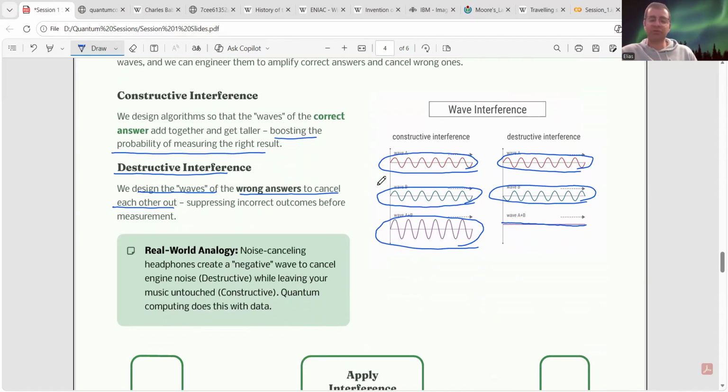You can think about it actually. Here I have an analogy. Think about it like noise canceling headphones. It's supposed to remove the noise that is unwanted, but at the same time is supposed to boost the noise that is wanted, which is the music that, for example, you're listening to. So this works the same: it is trying to do the destruction of the bad noise and do the boosting of the right noise, which is the music.